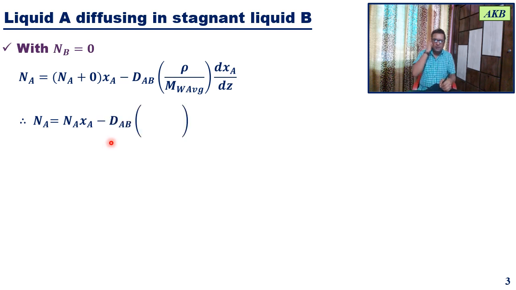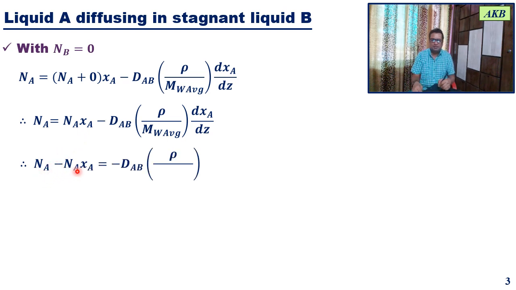Okay. So in the next step, I have just simplified it. So that is Na is equal to Na into Xa minus Dab rho upon Mw average dxa by dz. In the next step, what I will do is bring this term to this side. So it will be Na minus Na into Xa, that is equal to minus Dab rho upon Mw average